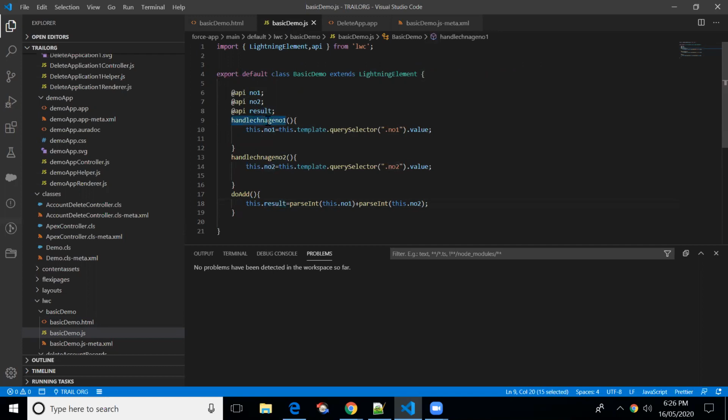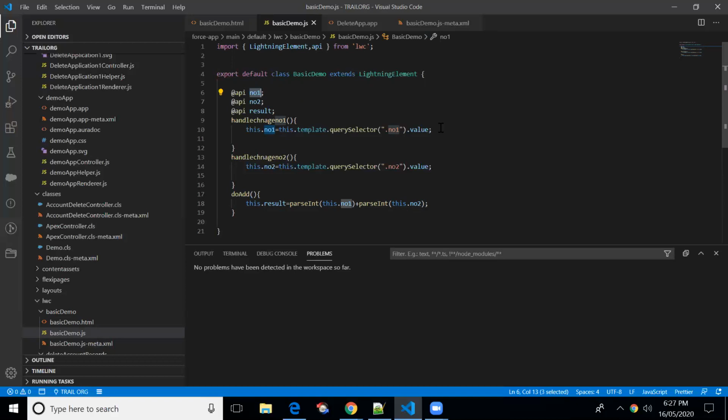This method is basically for the first input field. If you want to refer to this variable, then we have to make use of this property. We will be getting the value without event. Normally if you want to get the current value, we'll be using event.target.value. This is another approach, where we will be using query selector.